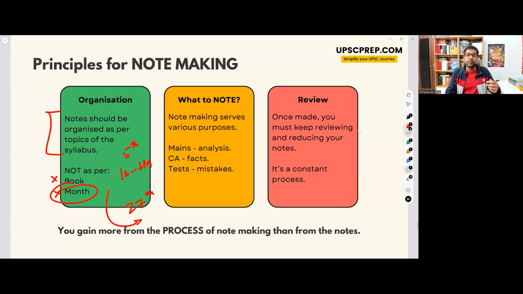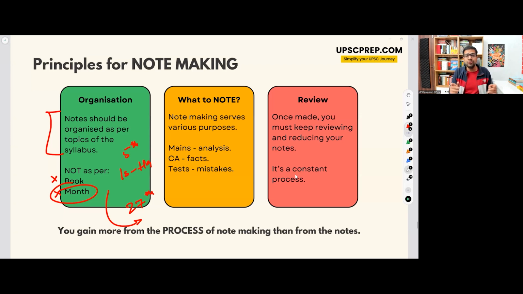But instead, if I organize it as per the syllabus, माने कि Israel-Hamas किधर आएगा? Who can tell me which mains paper, GS 1, 2, 3, 4, will the Israel-Hamas conflict come under? Awesome. International relations in GS2, right? So now I know if I ever have to go back and revise Israel-Hamas, I have to go to my GS2 ka notebook. GS2 ka notebook mein international relations wala part, and there on a single page, I'll find all the information I need. Do not make notes as per month.